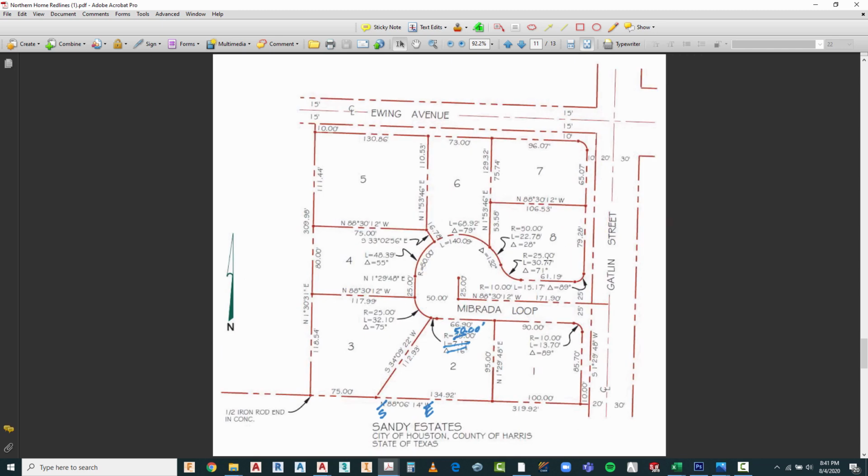If you remember from this one, actually the road is on the north side. If we go back to our plans, we notice that the garage and so on would be facing south. So what we're going to do is actually turn the world around, and we're going to have north facing south so that we can have our garage facing towards Mibrata Loop. Rather than turn the house around, we are going to go ahead and